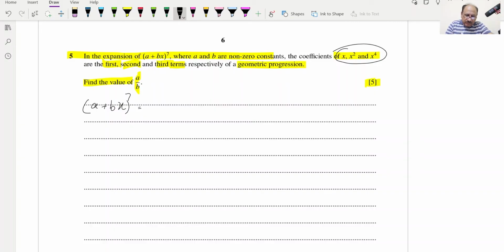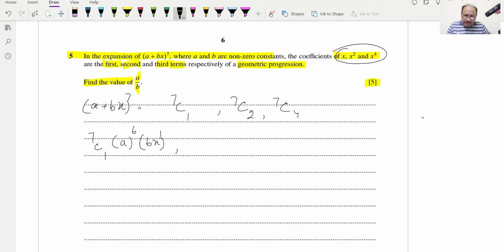So these parts we will get by 7c1, we will get x1, 7c2 and 7c4. So we can write these terms directly, and those terms will be 7c1 and a raised to the power 6 and bx raised to the power 1. This will be our